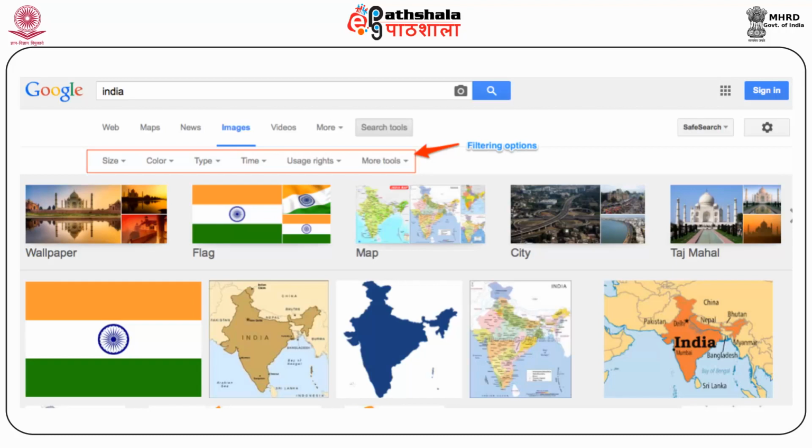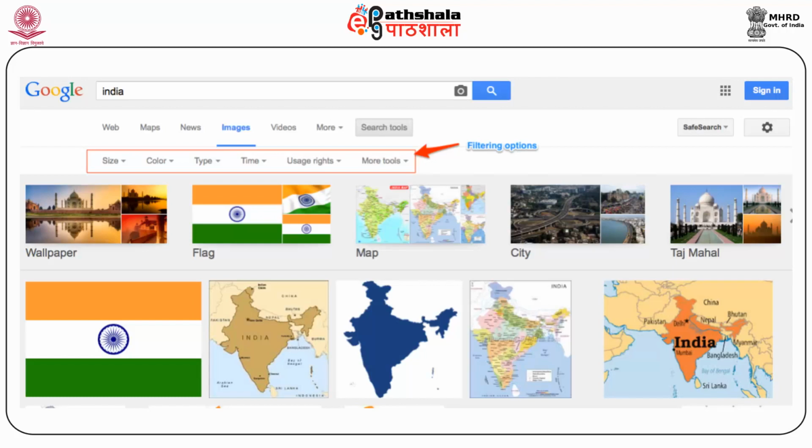Because while storing the images, other attributes of the images are also stored, like the size of the image, the colors which are present in the image, and the type of image. So these filtering options are specific to image databases.